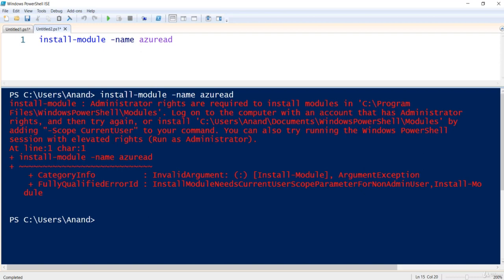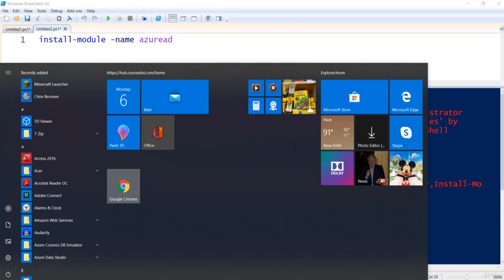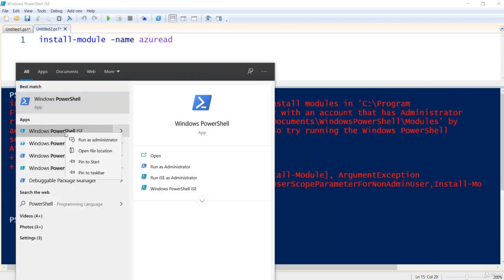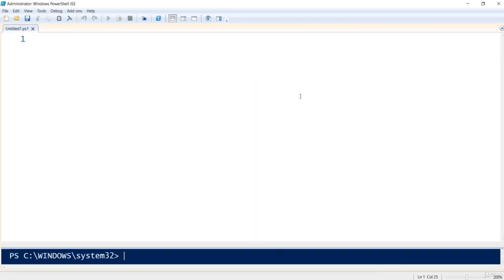All right. Now I got this message, or rather say error message, which says that you got to have administrative rights to install this module. So what I'm going to do is open PowerShell one more time, but this time I will right click and run as administrator. Okay. All right, so this thing is ready for me,